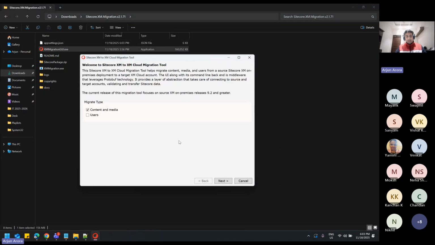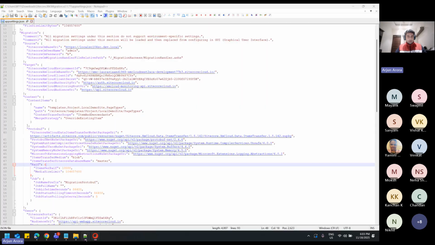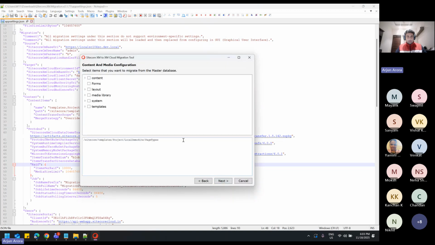You can click on the back. But one thing I want to show you is that if you rerun, it will store the details, and all these details are coming from this appsettings.json file. So when I go here, you will see here that